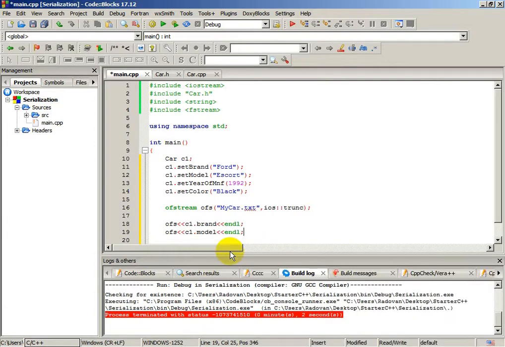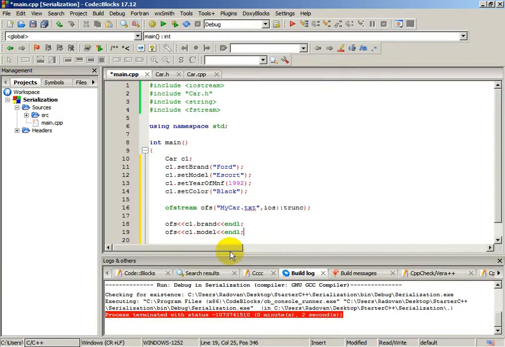But this is not very productive, because an object can have 10 or more members, and also we can have more objects, and this method will work, but we will have